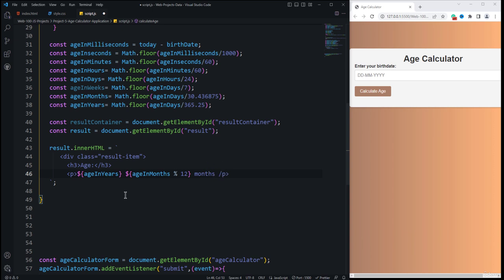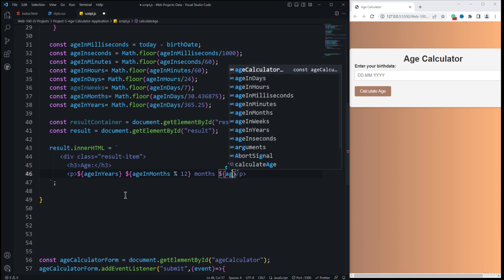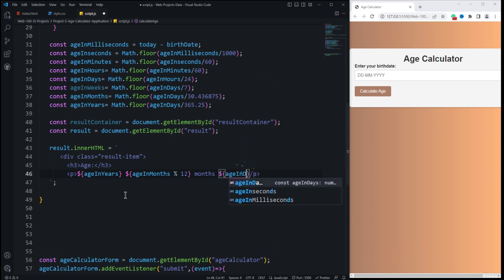And then again we need to use the dollar symbol, then curly brackets, and inside that we need to specify the ageInDays. So this will be the variable value, and then again we need to use a modulus operator, and then use the 30, and then concatenate with the days. So if I Ctrl+S to save it, but right now you can see